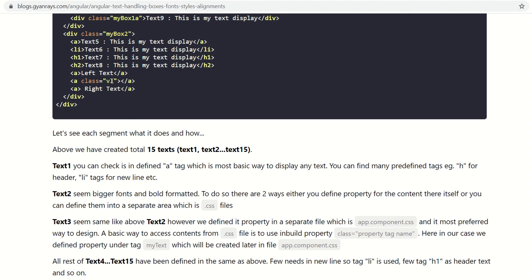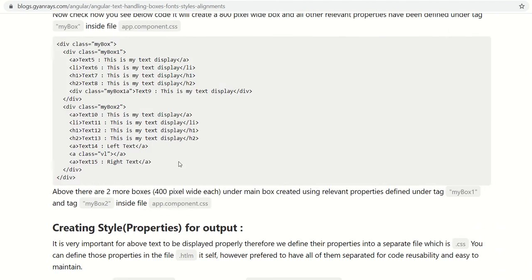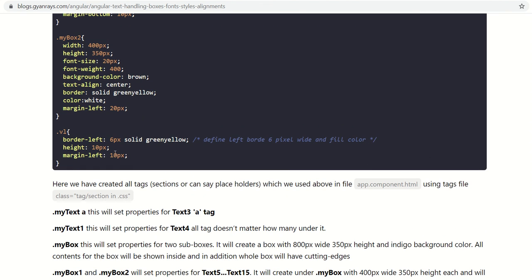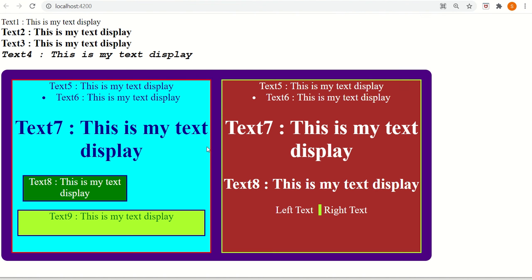So you are displaying a text again, but you are setting the property. Let's see how VL has been defined. We have defined the border left as 6 pixel solid green yellow. That means it will leave the space, a 6 pixel border on the left side.